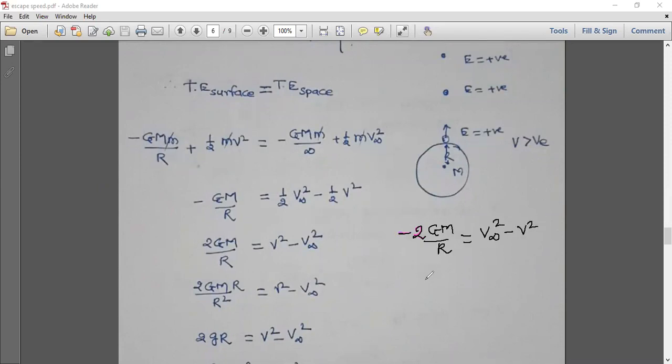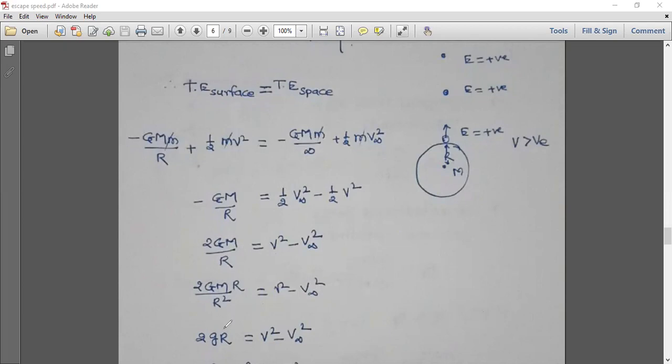Now I am multiplying with minus. So 2GM/R is equal to this one plus this minus. Right? So therefore v squared minus v_infinity squared. Got this step? Understood? Like this. Clear? Okay. So therefore this is v squared minus v_infinity squared,